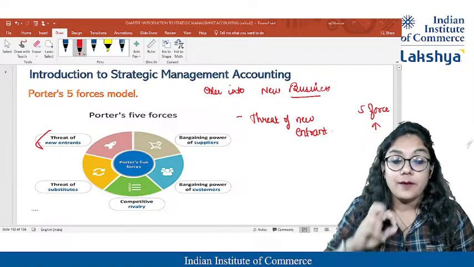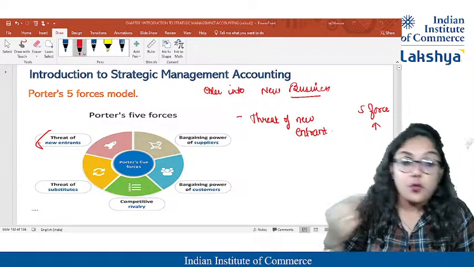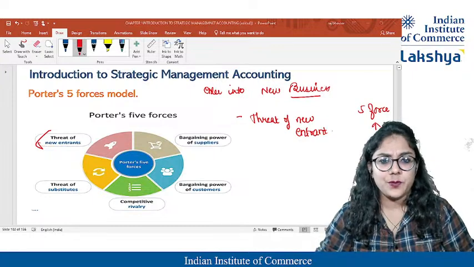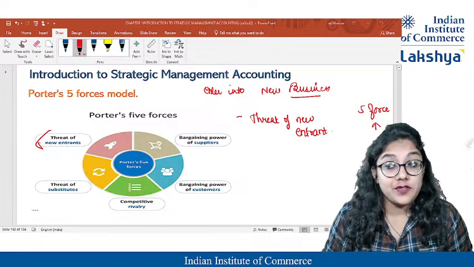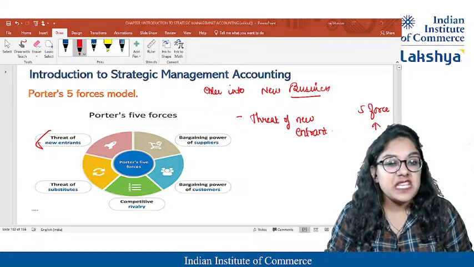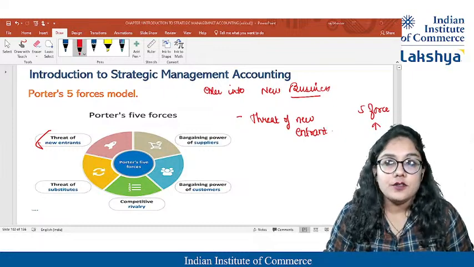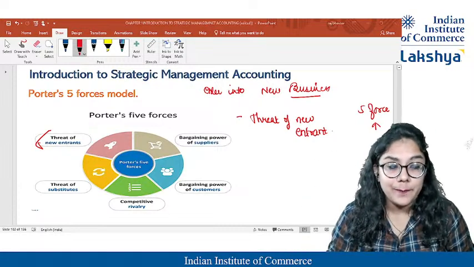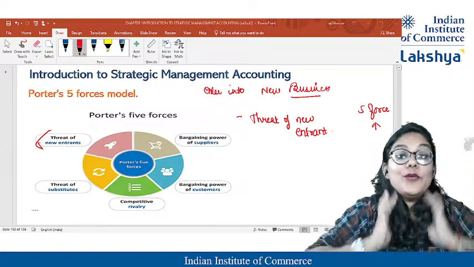There is a saying, once you enter the industry, you cannot go out of the industry. It's about exit and entry barriers. If I feel so, that means I have to analyze. If the threat of new entrants is very high, a lot of people can come. It's a negative factor. So if I enter a market which is already saturated, why not go ahead with the monopoly option instead?